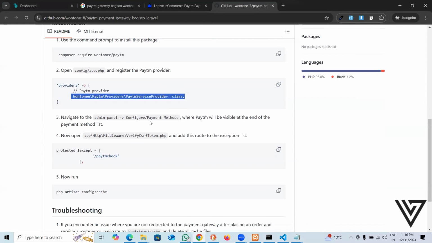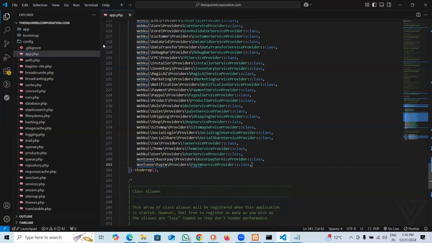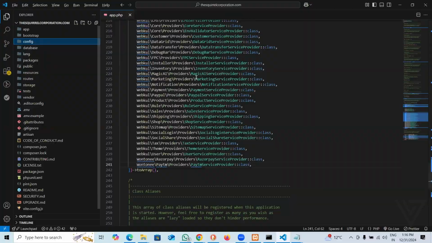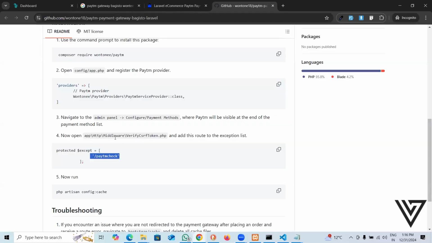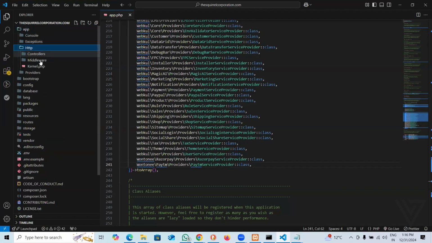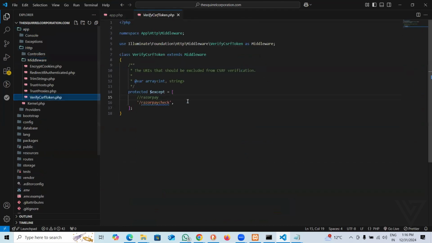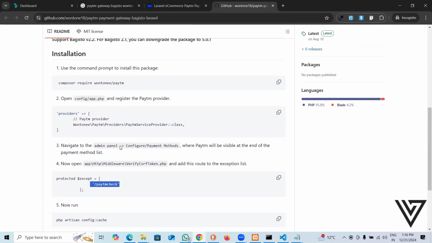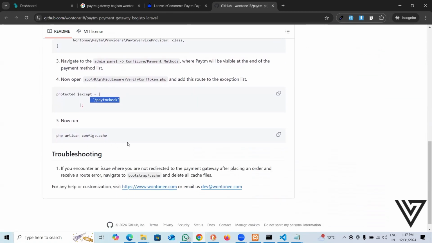In the next step, you can go ahead and check the details. It should be there. You have to go to the CSRF token and pass an exception right here. Let me see. Then you're gonna go to app, HTTP, middlewares, then this VerifyCsrfToken, and right here, just put this code and it should work. That's pretty much it, guys. This is a very simple and easy job. And run this command, php artisan config